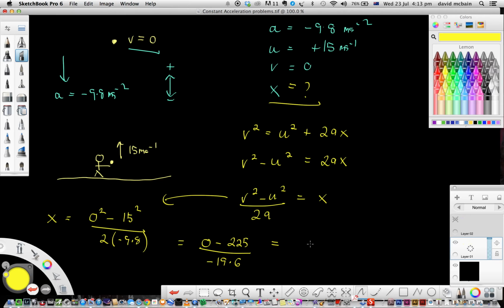So our final solution is actually negative 225 divided by negative 19.6. The two negatives cancel each other out, so it's actually 225 over 19.6. And if we work that out,